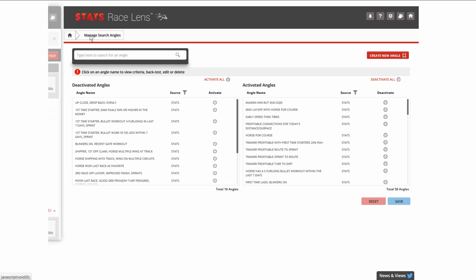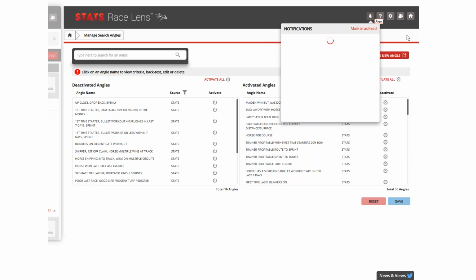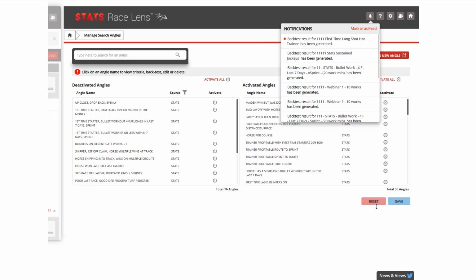Does that help, Steve? Absolutely, absolutely. And you can basically see the beauty of this is that maybe you missed, or if you had an inkling that there was a horse that you had some interest in, and you didn't really necessarily know if you felt strongly enough that there was something to like to justify a play,